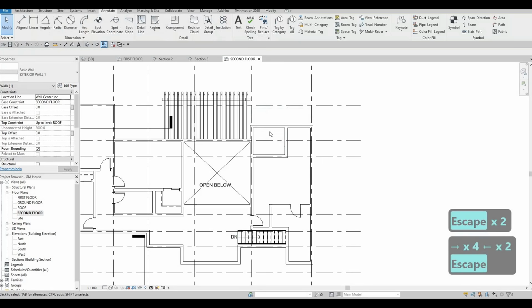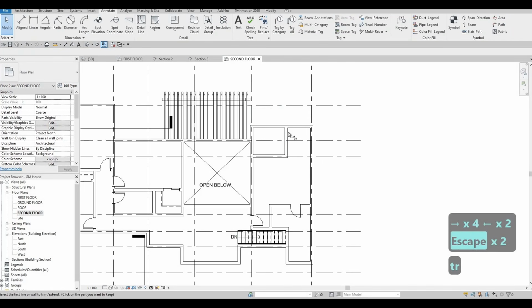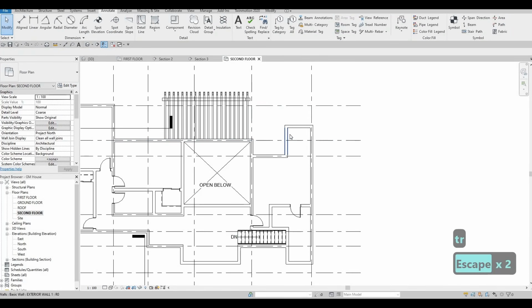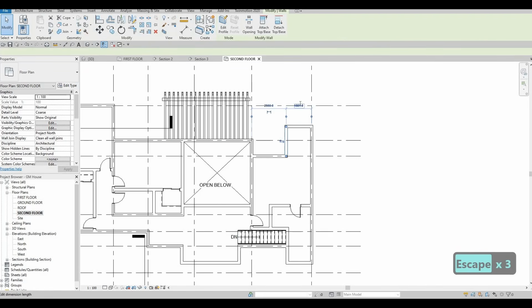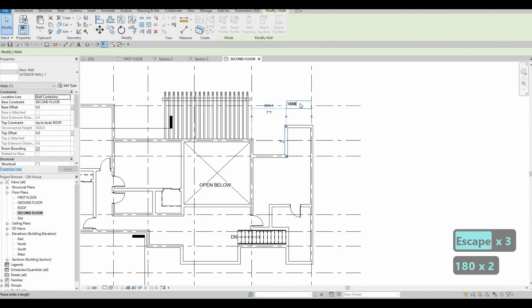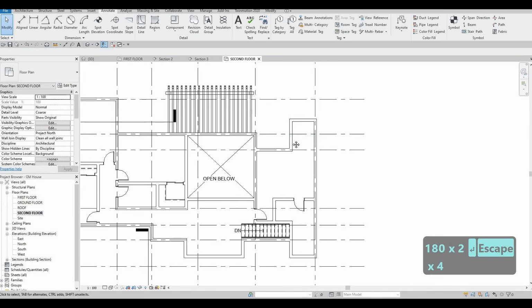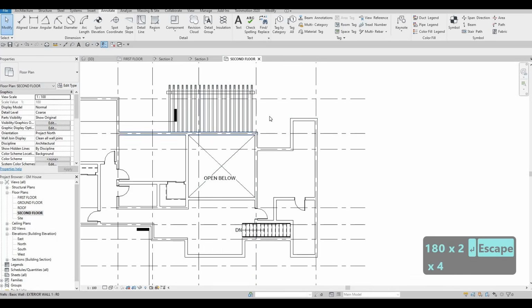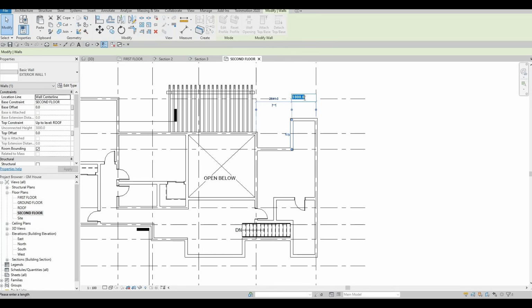This will be a walk-in closet, and then trim and extend on this. This will be around 1800, and we will put a balcony right here. I'm thinking of making it probably 2000